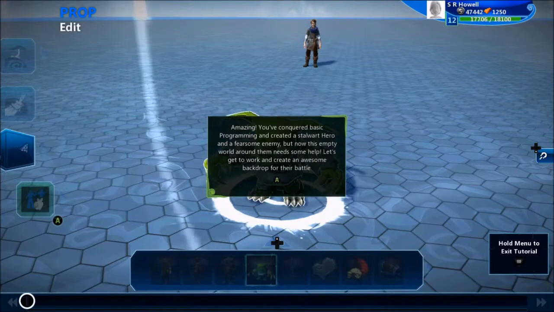But now this empty world around them needs some help. Let's get to work and create an awesome backdrop for their battle. So just one thing to notice here, that even though we defeated the goblin and he disappeared, when we go back into edit mode, everything is reset into its original place. So don't worry if you do something wrong when you're playing the game. You can always come back out and create a change or modify your world, and it will reset back in